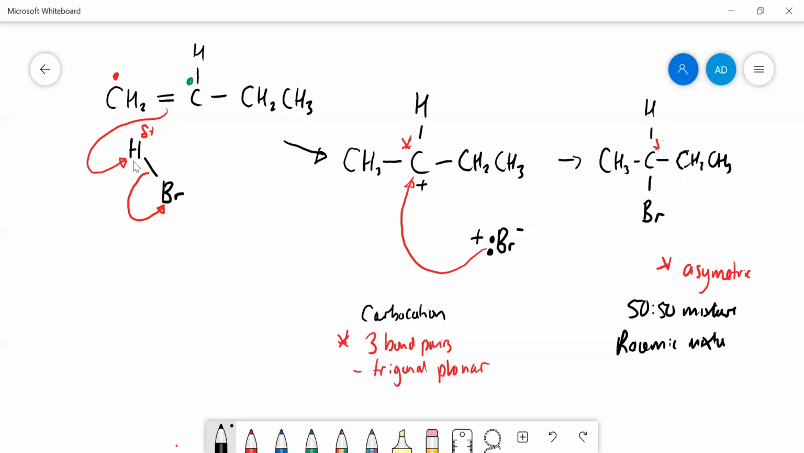And the reason for that is, well, let's think that this thing here is planar, isn't it? Yeah, and the Br minus can attack from above or below, and each one is equally likely. If it attacks from above, you get one isomer, from below you get the other one. Why is it going to attack from above or below? Well, there's all these electrons. The hydrogen's got some electrons, isn't it? The methyl's got electrons, the ethyl's got electrons. So it's going to go